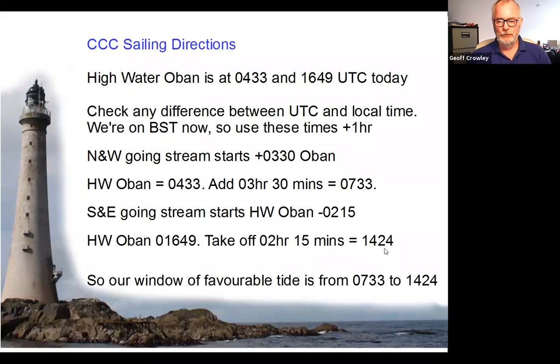Call that 2:30. So between a few minutes after 8 o'clock and 2:30 is the window of opportunity that we have while the north and west going stream carries us further north. It starts at 8 o'clock and it finishes at 2:30, and the opposite stream starts. So our favorable tide is from 8 o'clock, remember that was an error, and 2:30,